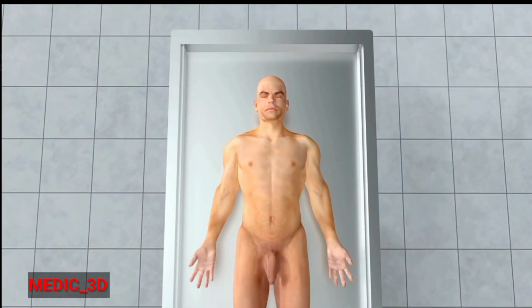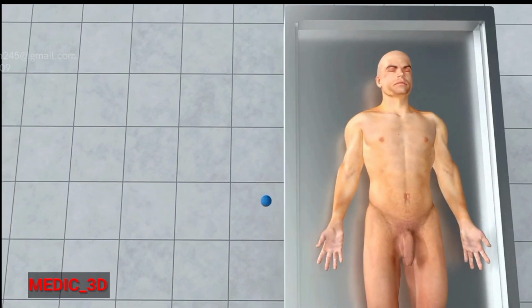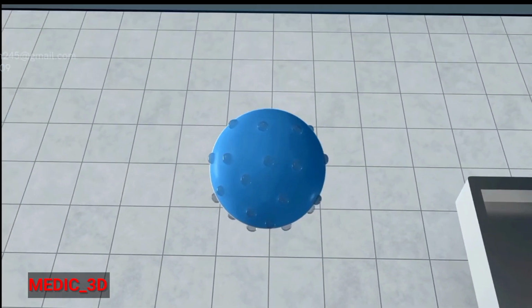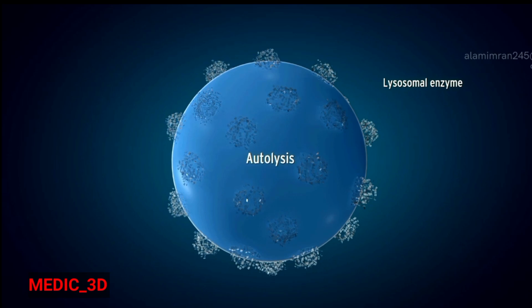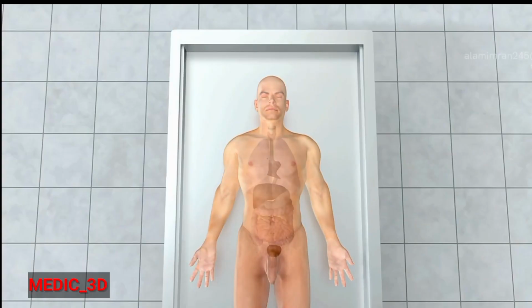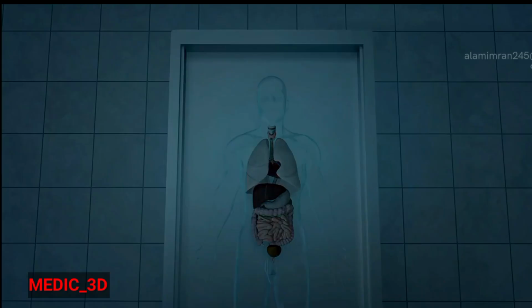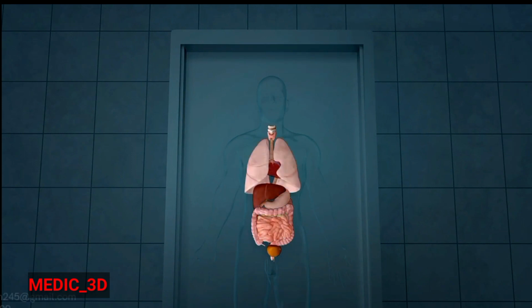As death occurs, there will be fragmentation of the nucleus and cell membrane damage, which results in release of lysosomal enzymes. This process is called autolysis. Organs such as pancreas, stomach, intestines, and glands, which are already full of enzymes during life, are the first to